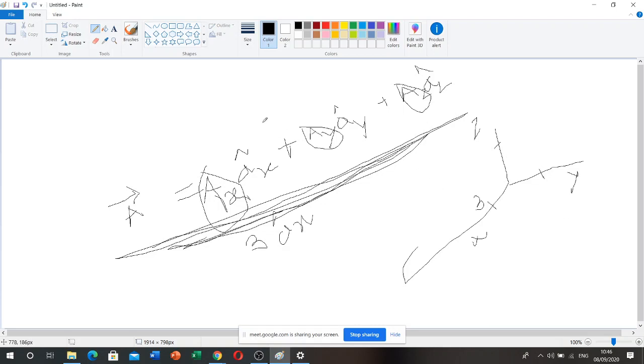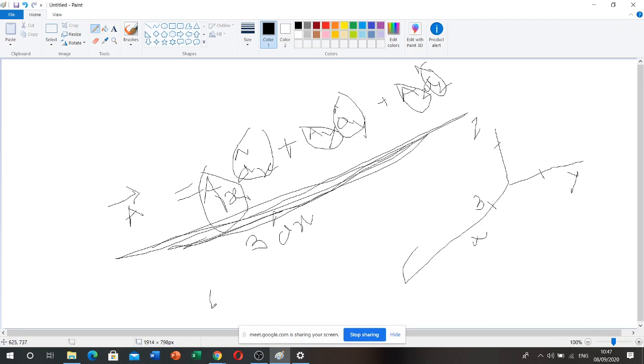What is the direction now? ax cap, ay cap and az cap give us the direction. In the x axis, what is the direction? In the y axis? In the z axis? So these ax cap, ay cap and az cap are the base vectors that give us the direction. And ax, ay, az give us the magnitude.